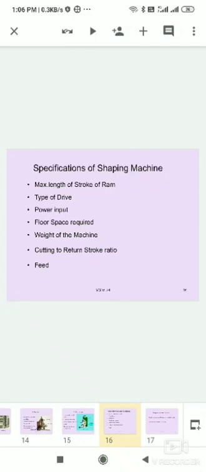And also, how many types of cutting operations are there in this machine, and which material can be removed in the machine.